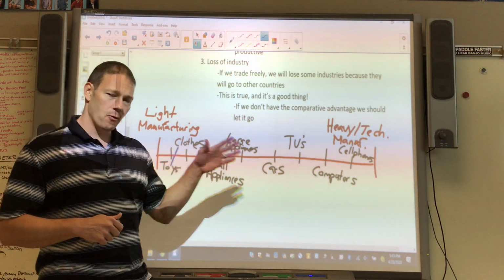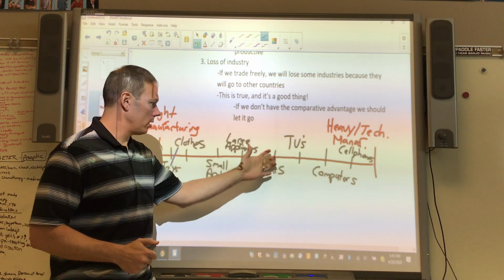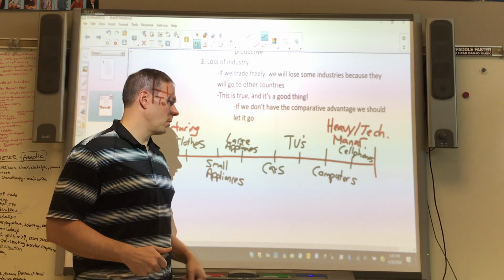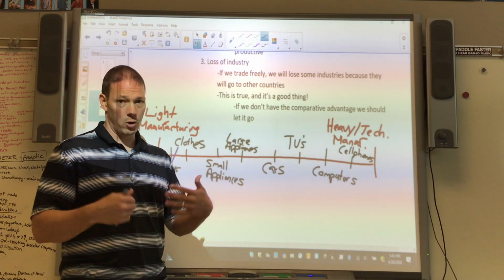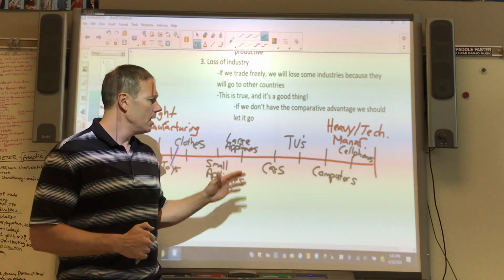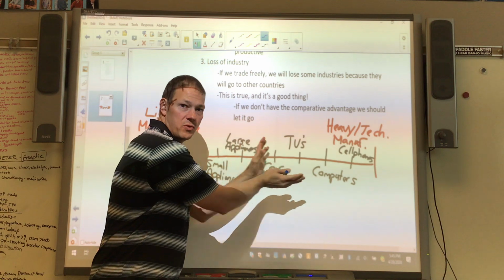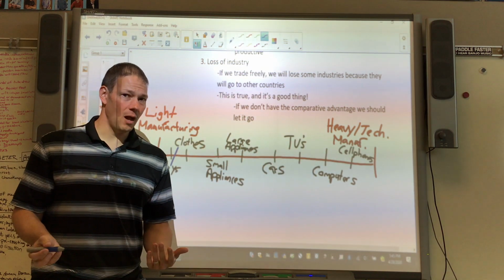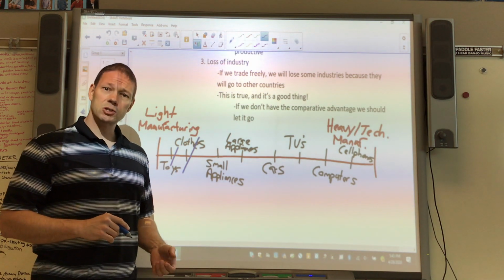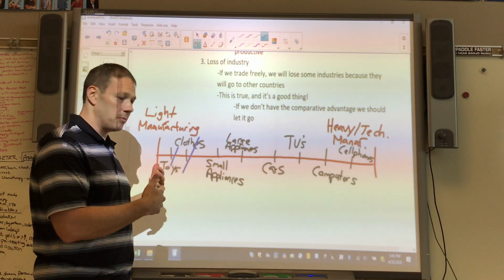Fast forward to the 1920s though. We're starting to get into some of these small and large appliances, and especially one of the things that happens in the 1920s is the explosion of cars. Not that cars weren't around earlier, but the mass production of cars that Henry Ford brought with his assembly line and all that started to come into play. Well, again, in order to free up resources to move this direction, we have to give something up, and that something starts to be clothing or textiles. And so we start to lose some of our clothing industry.